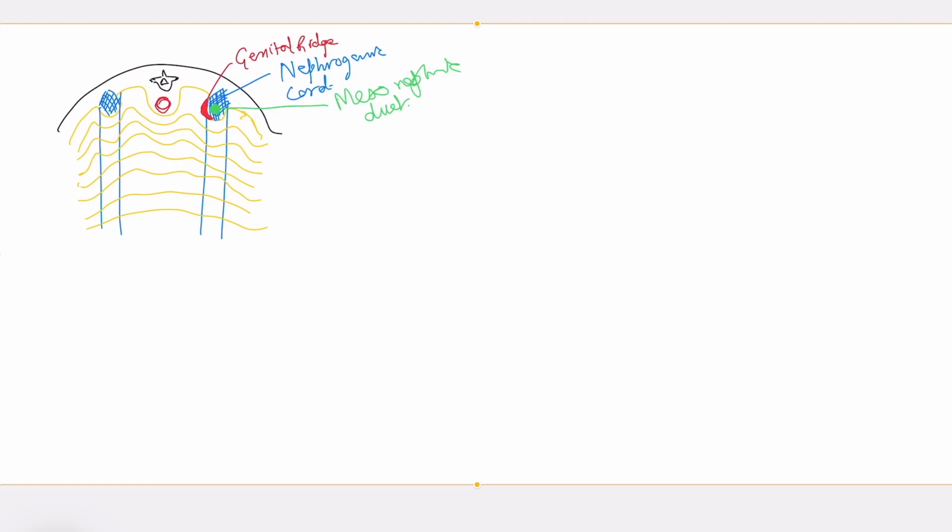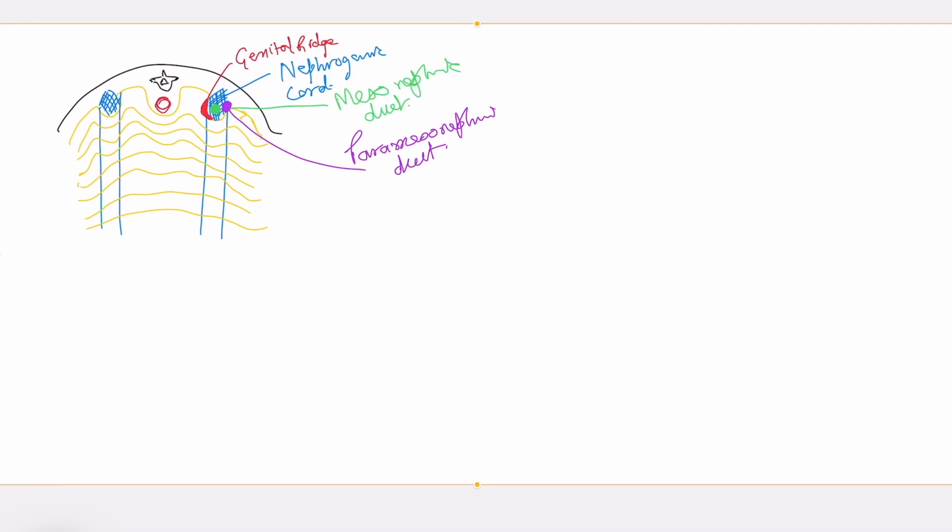Okay. Now lateral to that is another duct that develops here. Now this duct is paramesonephric duct. Now para, as you know, means adjacent. So because it's adjacent or aligned lateral to the mesonephric duct, it's called paramesonephric duct, and it's going to form the reproductive system in the females, including fallopian tubes, uterus, and the upper portion of the vagina. This will persist in males only at the cranial and the caudal end. In the cranial end in the form of appendix of testis, and at the caudal end in the form of